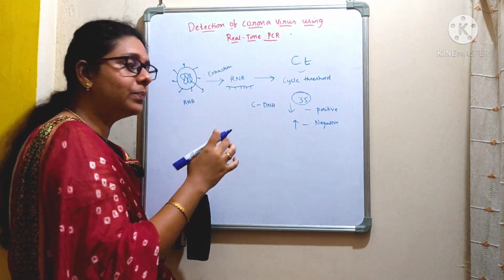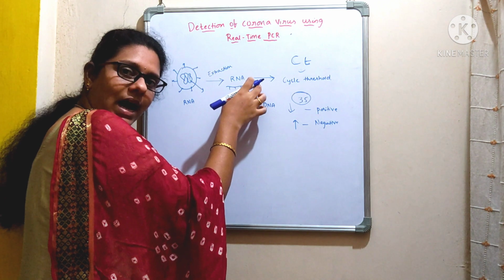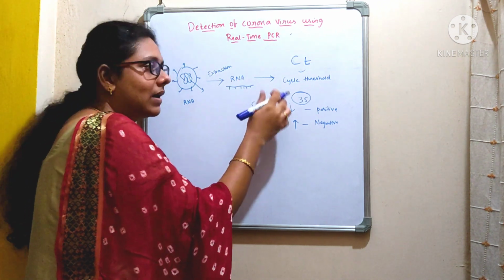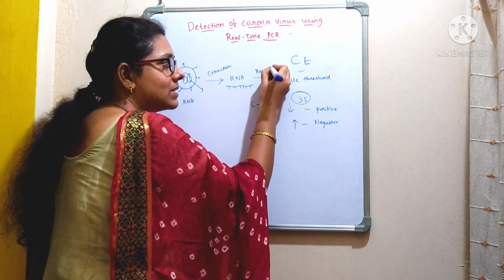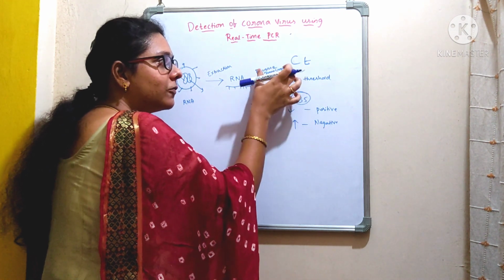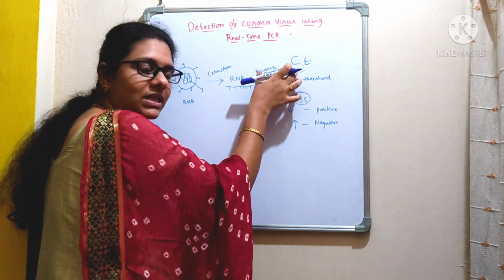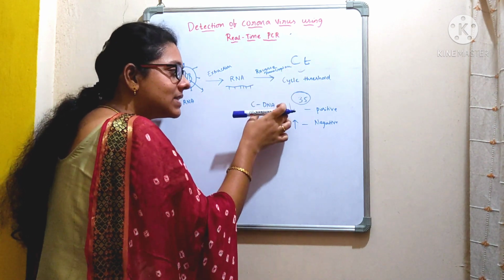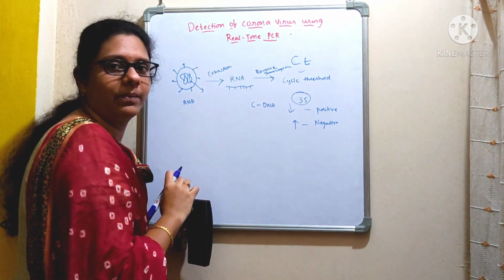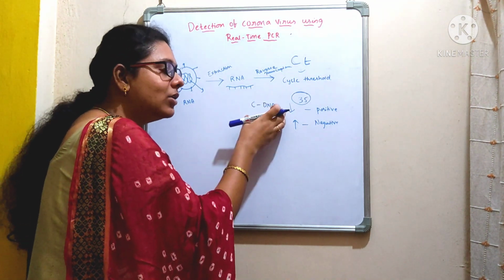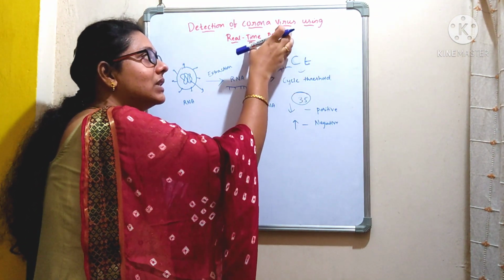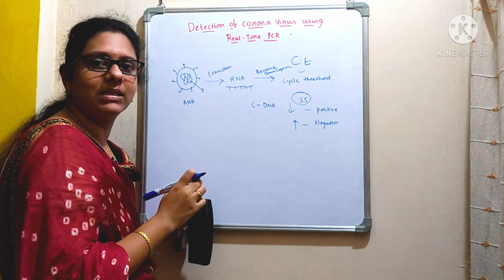So we need to convert this extracted RNA into DNA with the help of the enzyme reverse transcriptase. So what is the role of this enzyme reverse transcriptase here? It is going to synthesize the DNA from RNA, right? Once you get the DNA molecule, then you are going to amplify it with the help of the real-time PCR,